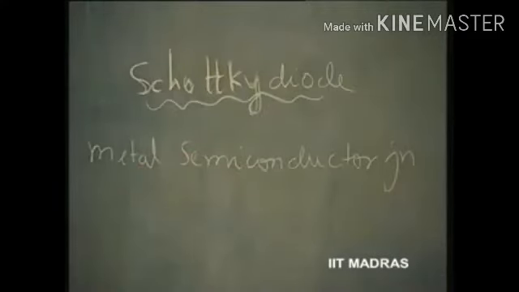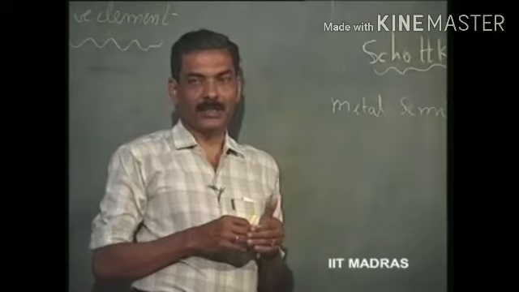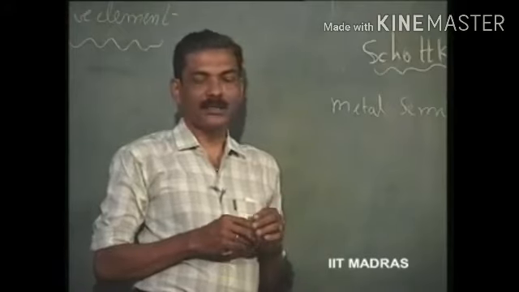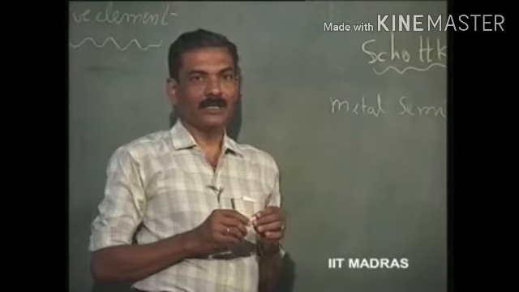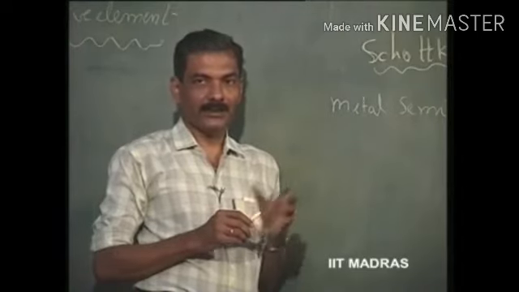Unlike the silicon diode or germanium diode for that matter, this diode has a forward voltage which is 0.1 to 0.2 volts. It is much less than the forward cut-in voltage of silicon, which is 0.5 to 0.6 volts. So, that means it starts conducting much earlier. So, it is closer to the ideal diode in its forward characteristics than these other semiconductor diodes, and also it has a delay time which is of the order of nanoseconds. So, it is a high speed diode.